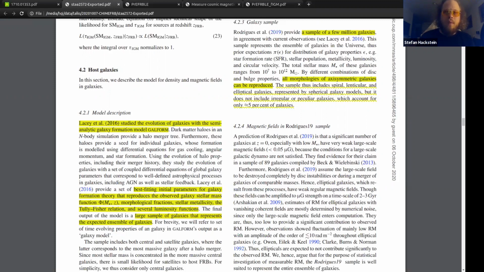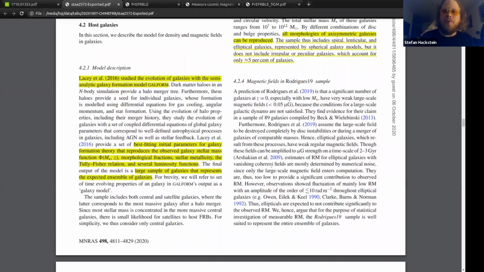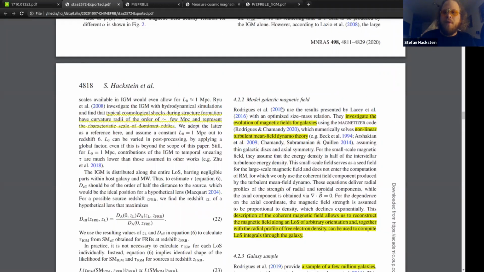And what they provide is the best fitting initial parameters for galaxy formation theory that reproduces all kinds of different observables for the galaxies we find in our universe. This can be used to get a large sample of galaxies that represents the ensemble of galaxies in our universe, and this is what we use. Now, Luis Rodriguez, a co-author of the paper, has been using this set of models